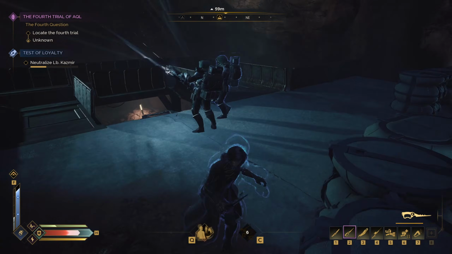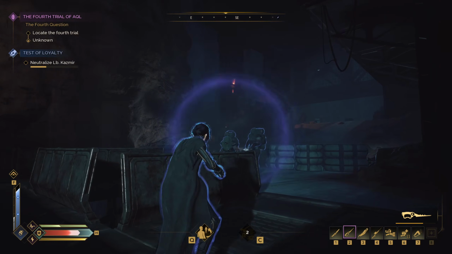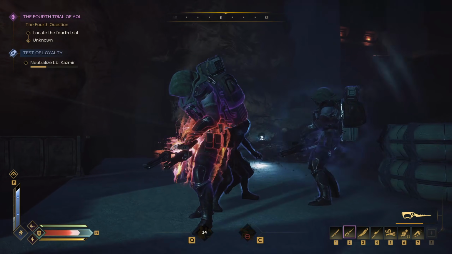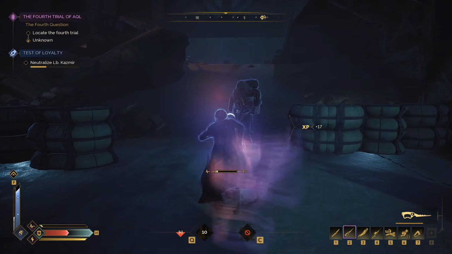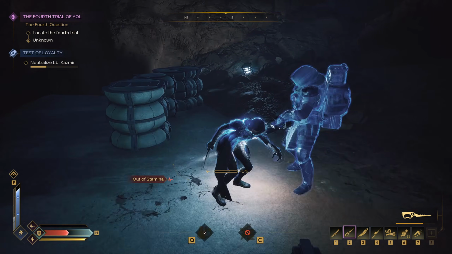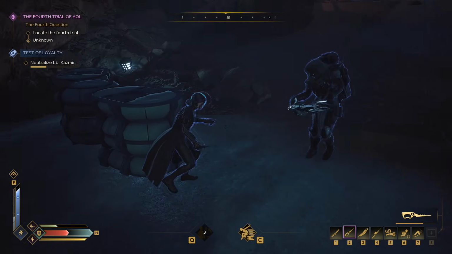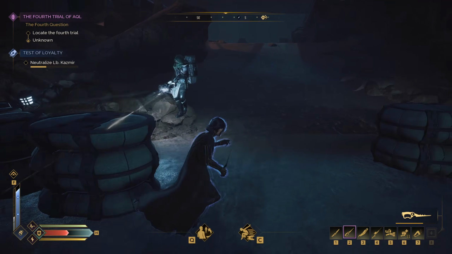Alright, let's scoot up the back here. They're gonna do the explosions. Okay, there's one gone, finally. I missed that one. We haven't got any stamina. Why did they put it? They give these guys all these abilities, and they give them like...